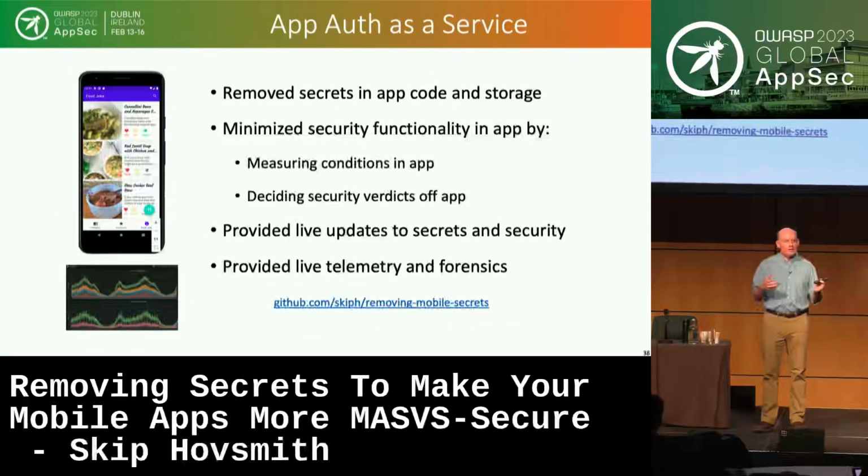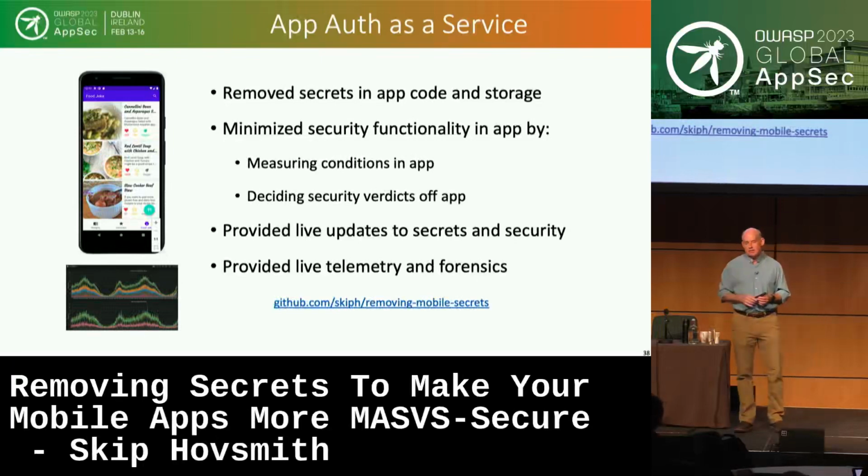So I'm trying to convince you that handling secrets, and decision-making capability on your secrets, is a service, kind of like user authentication is a service. And it's interesting to treat it like that. We can remove secrets from the application code, and from the need to put them into secure storage. And we've minimized the security footprint inside your application by stating that we're going to measure the least amount of information we need in the SDK, and then make the decision off device. It's a lot harder to hack that decision capability.